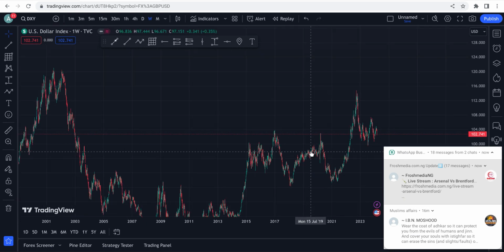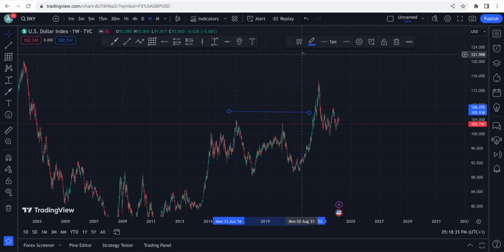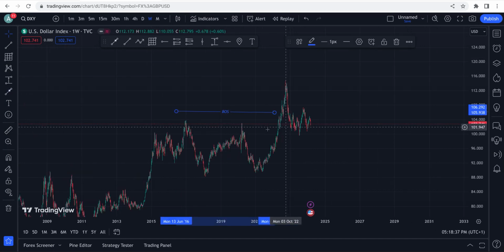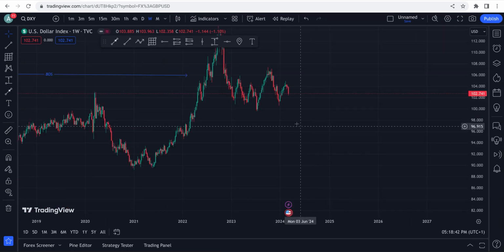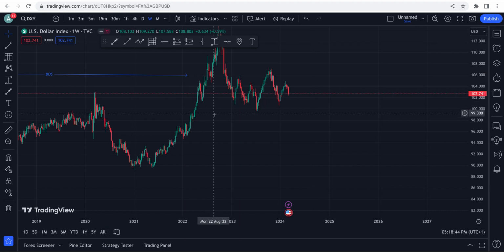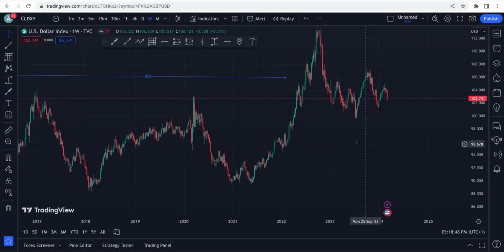Now we're on the weekly time frame, guys. As you can see, we have a break of structure at this point on the weekly time frame. After the break of structure happened, I said something yesterday on my channel, on my Telegram channel, or my WhatsApp, or maybe on my status, about the NFP. I said I'm expecting bullish, like more buys on the DXY, like I want to have strength.